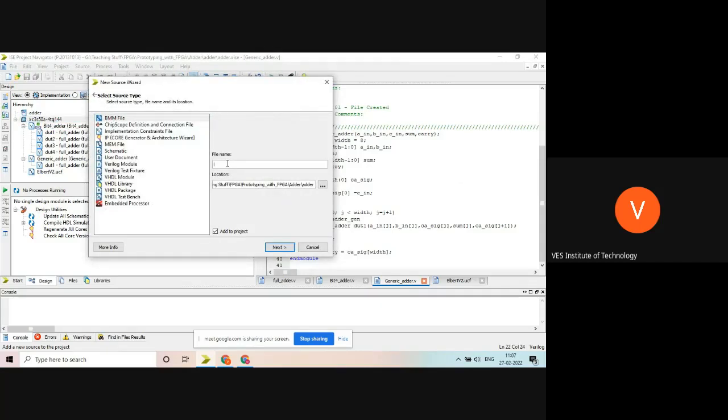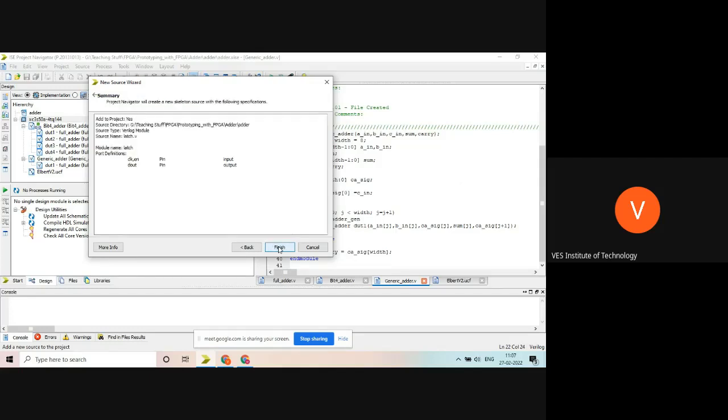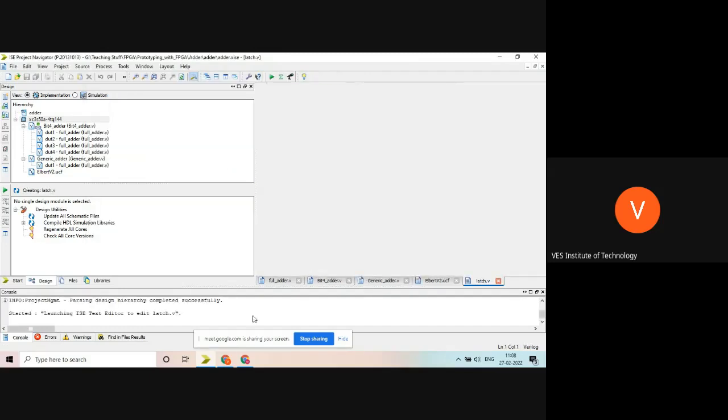We will write latch. Verilog module. Next, I will be having input clock, enable as an input, and out as output. Next, and finish. So you may try this. I'm creating a new latch with clock, enable, out, and finish.